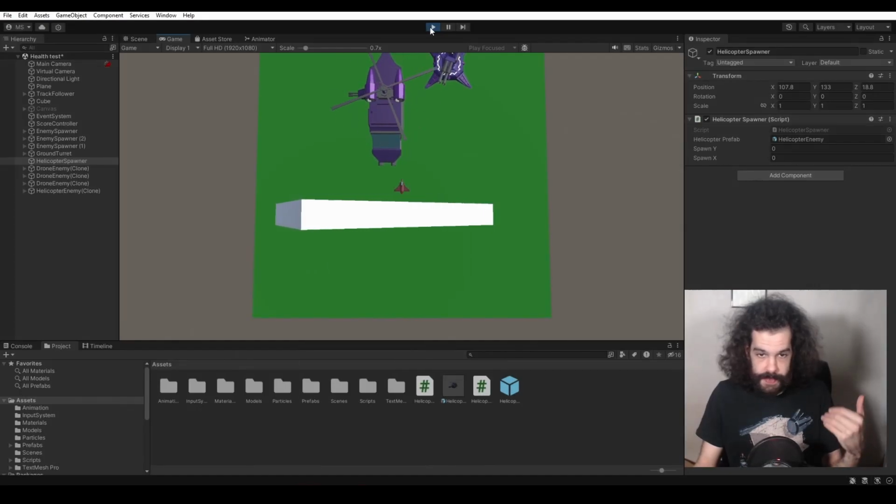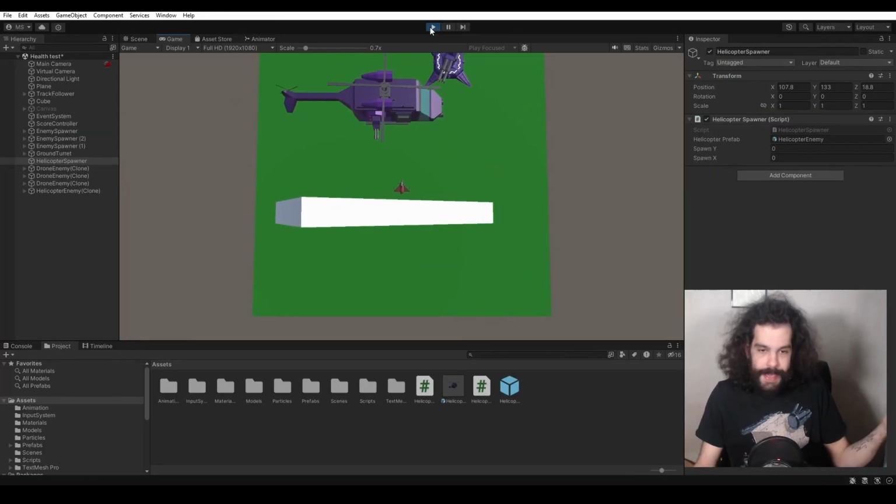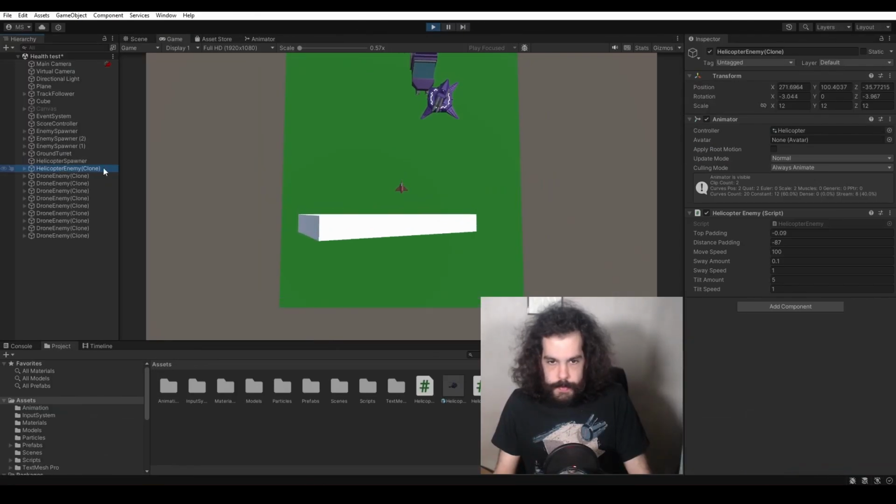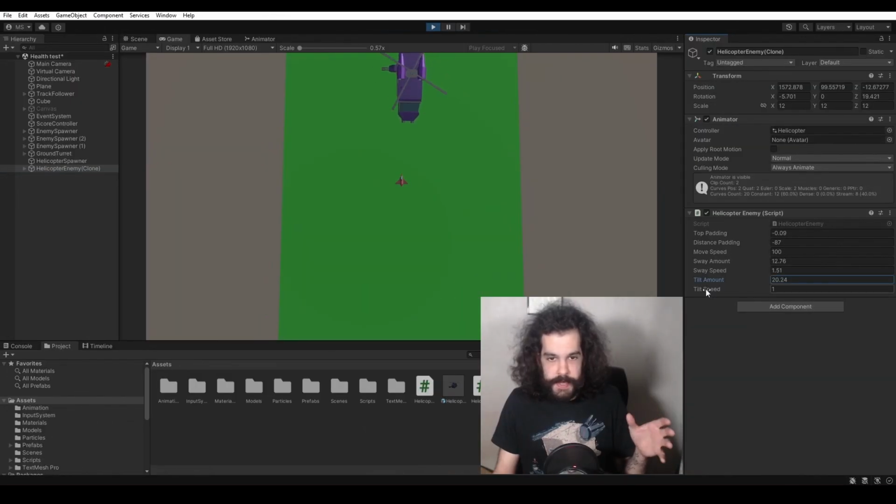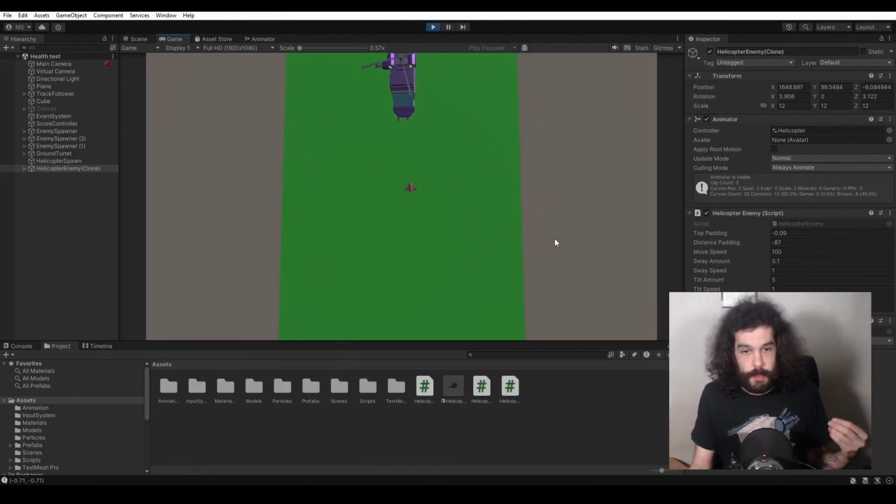Today in this video I'm going to be programming my helicopter enemy to stick to the top of the screen, spawning either facing vertically or horizontally, flying from its spawn point to that top area. I'm going to give it a little bit of tilt and sway to make it more interesting, and finally a bit of left and right movement, so it's all set up for my next video